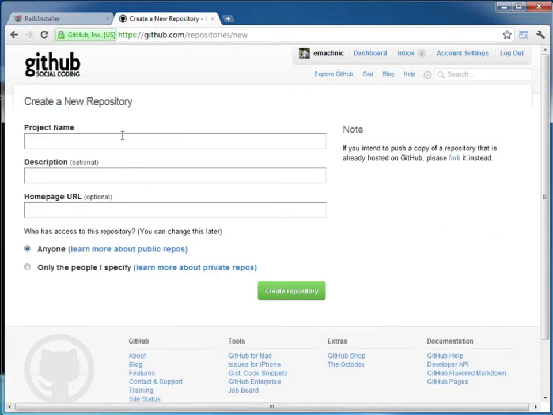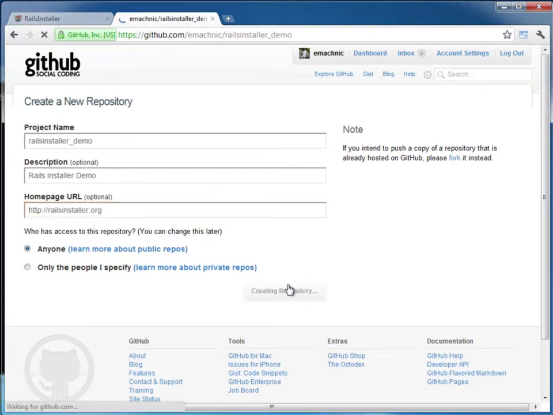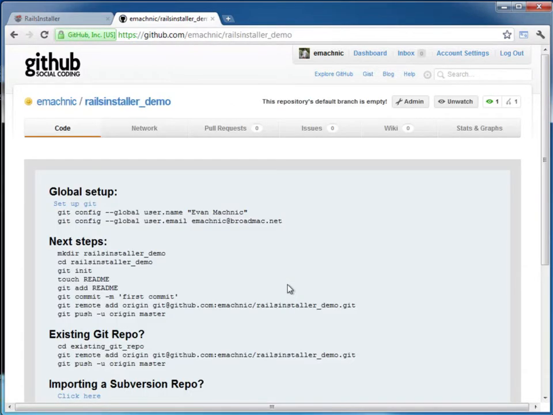We'll do Rails Installer Demo for the project name. And for the description, you can put in whatever you want, but we'll go ahead and do Rails Installer Demo. And for the home page we'll do railsinstaller.org. I'm going to leave access to anyone, and then click on Create Repository. On the next page, GitHub shows you what you need to be able to correctly create your repository and push